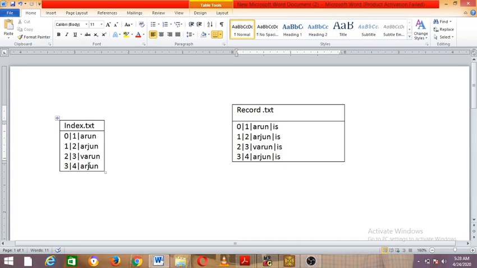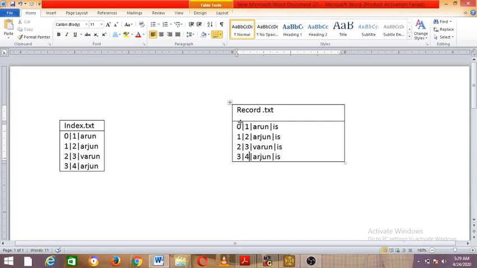But now in the 6th lab cycle program, I need to perform add, search and delete with respect to the secondary index value, that is the name has to be used in the index file. So I need to add the secondary index in the index file itself. I can have a separate file also, but I have taken it together in the same index file. So we have the RN value, USN and the secondary key value. This is the architecture we need to create through the program, and by using this I need to perform the operations.